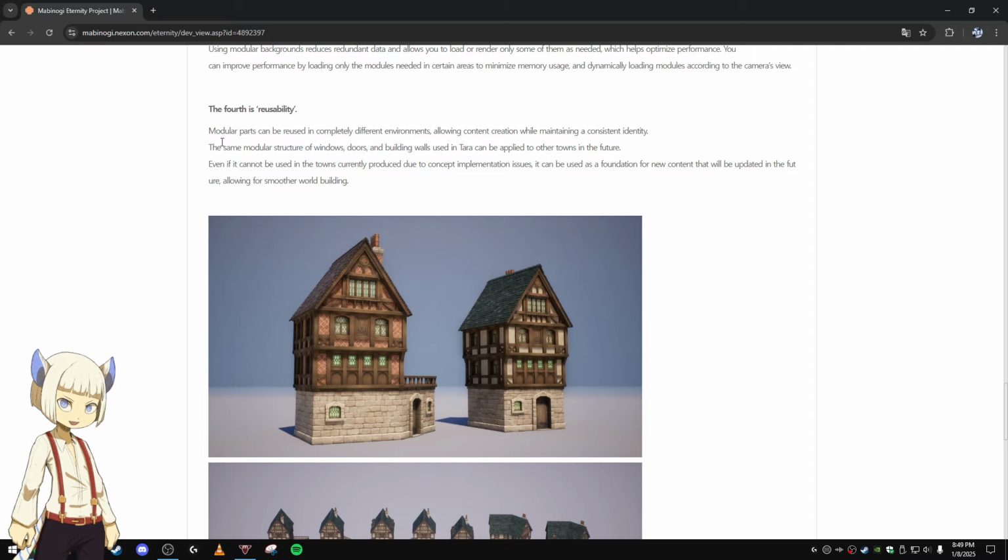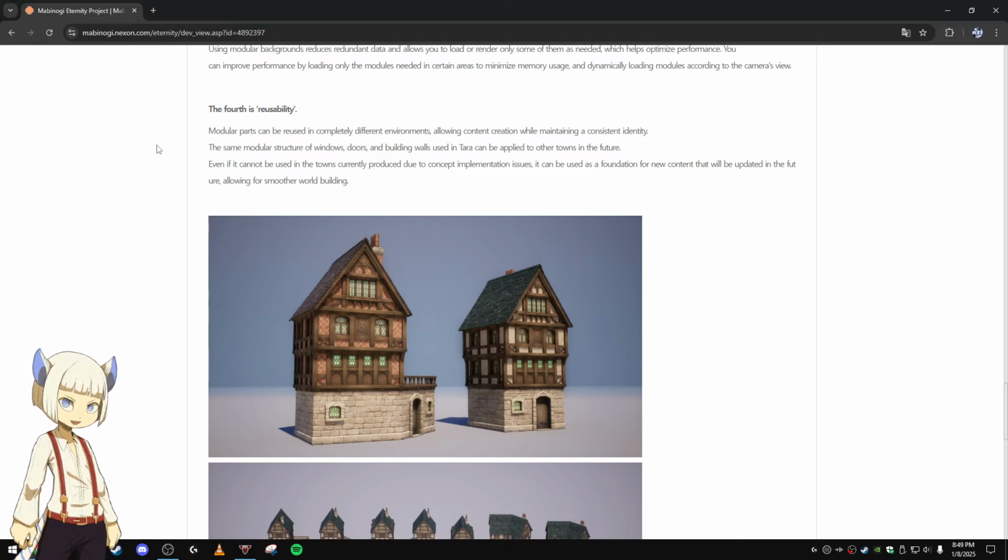And the fourth is reusability. Modular parts can be reused in completely different environments, allowing content creation while maintaining a consistent identity. The same modular structure of windows, doors, and building walls used in Tara can be applied to other towns in the future.